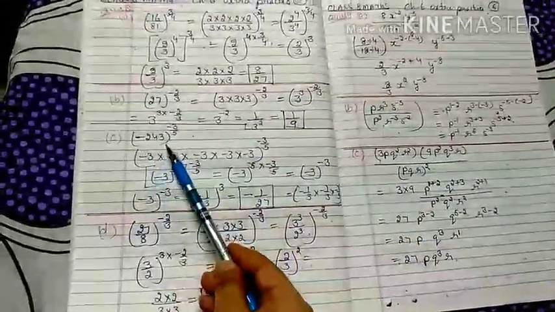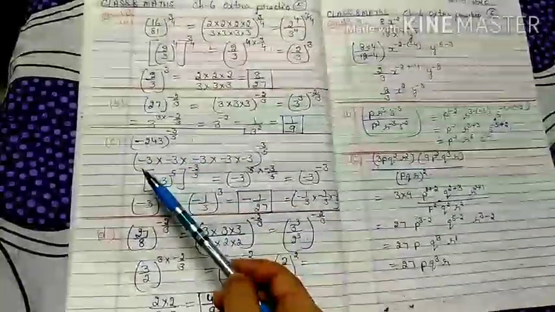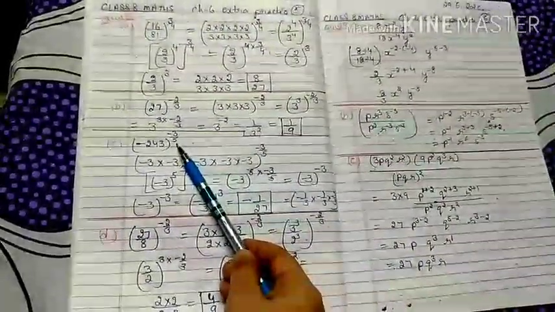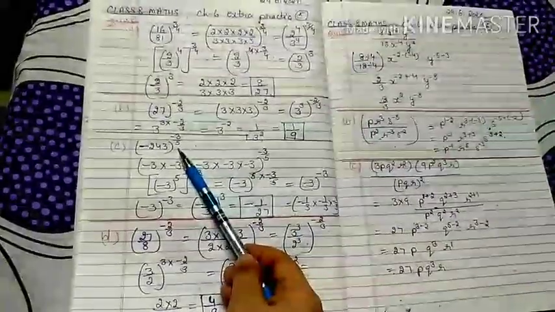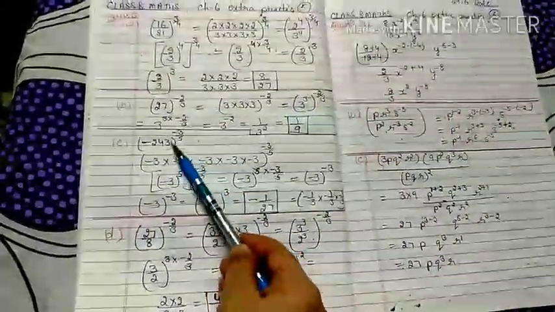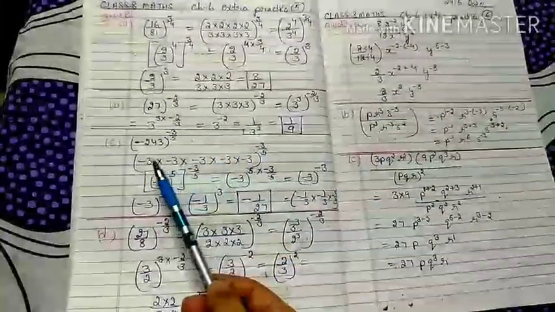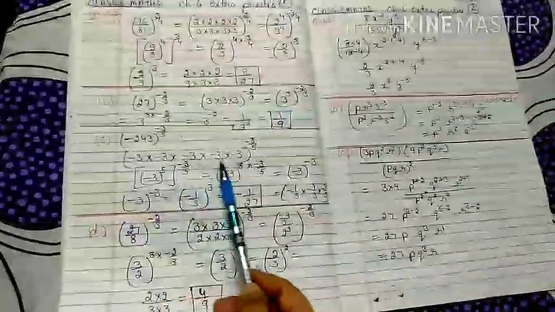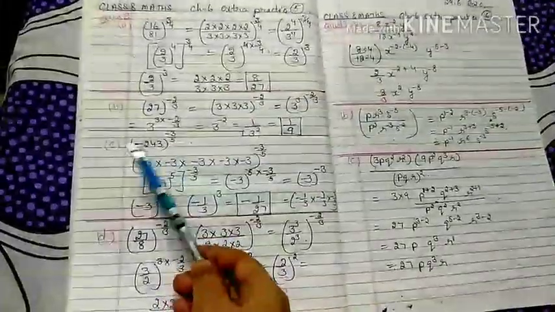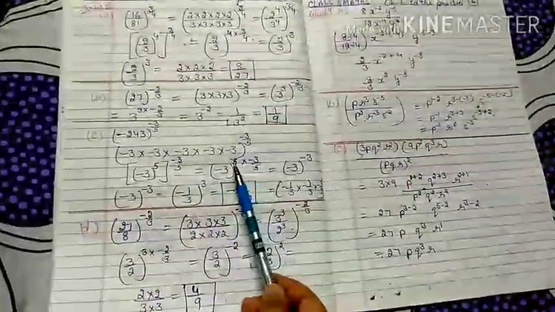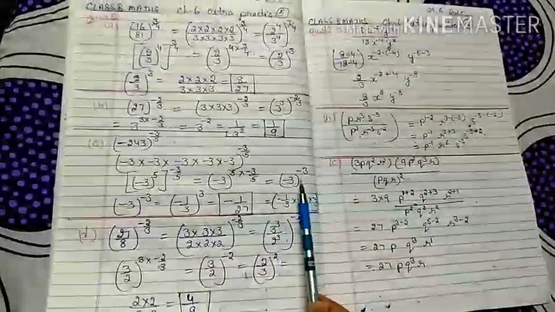Now minus 243 raised to power minus 3 by 5. So first, to remove this fifth root, which is written in the fraction as 5, I think about the number which multiplied 5 times gives me minus 243. That is minus 3. When minus 3 is multiplied 5 times it gives me minus 243. So minus 3 raised to power 5. Now the powers are multiplied with each other, 5 is cancelled, and only minus 3 is left.